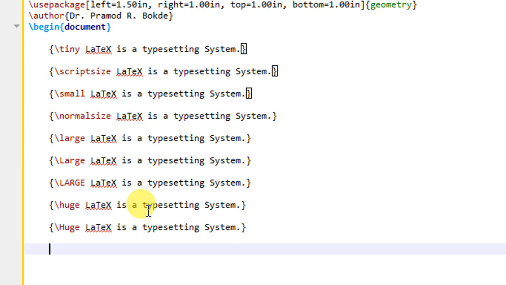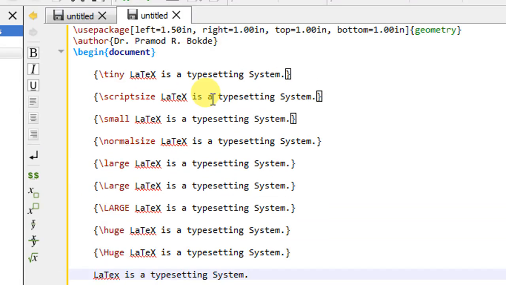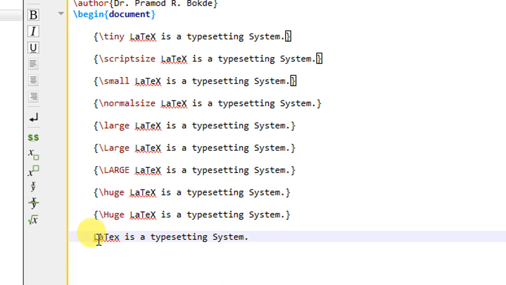So let us check for this. Suppose I am writing here LaTeX, go and click here. LaTeX is a typesetting system. Let us consider that you don't want the same font size for this.